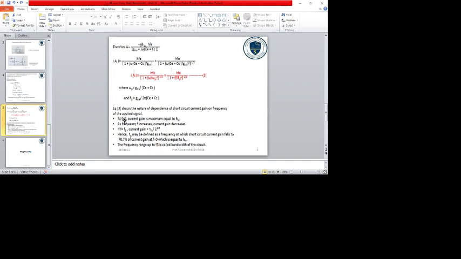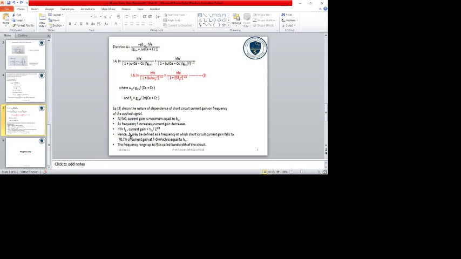The first condition is f is equal to 0. At f is equal to 0, the current gain is maximum, equal to HFE. As frequency f increases, current gain decreases. The another condition is f is equal to f beta. Then the current gain is HFE by 2 power 1 by 2,